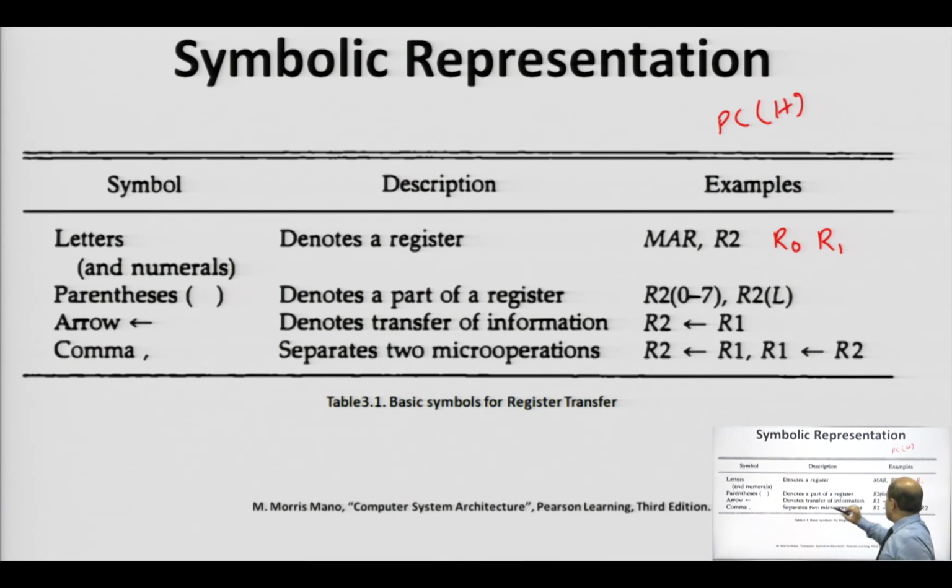And the comma can be used to separate two micro operations. If multiple micro operations are to be given in a single statement, then how can these micro operations be separated? The comma is used for that.